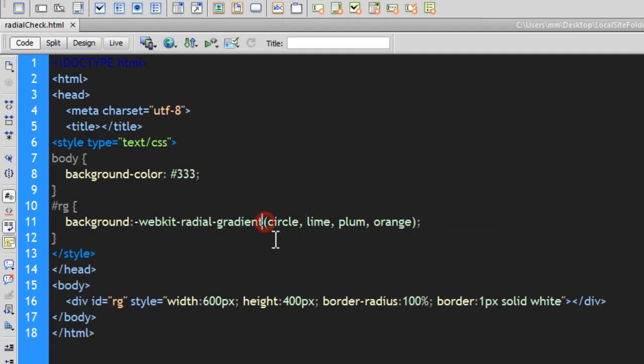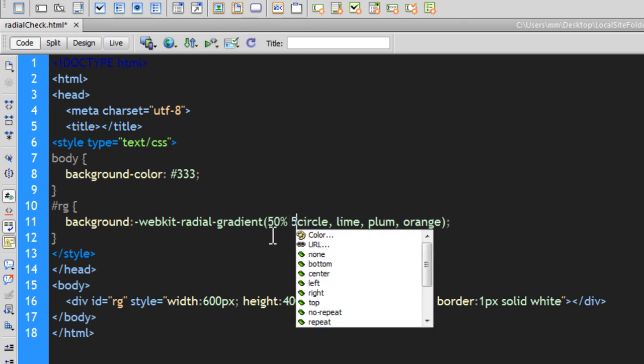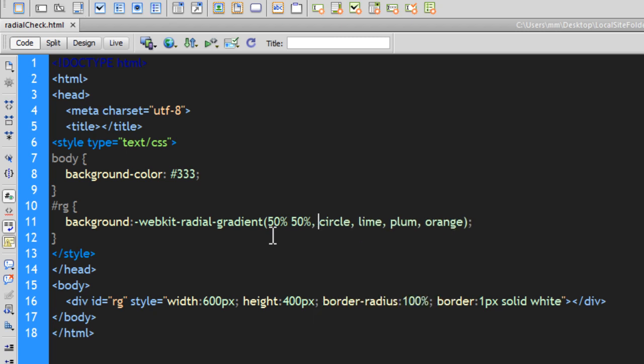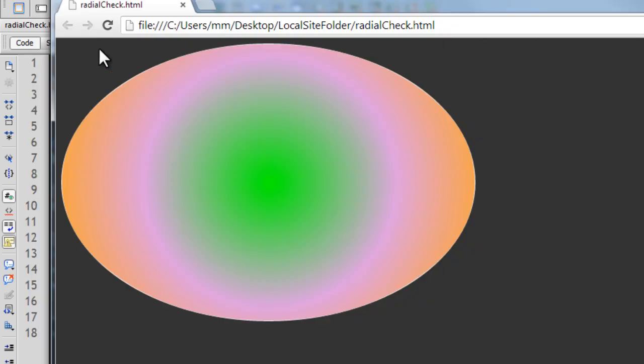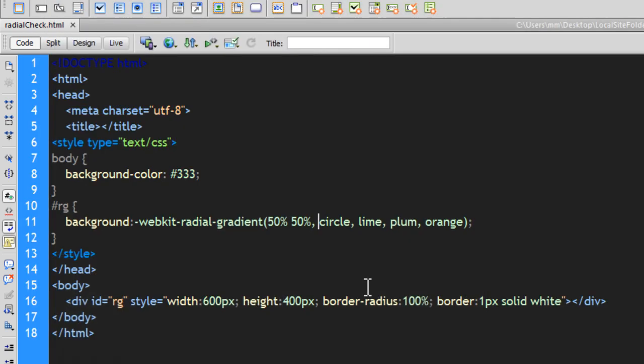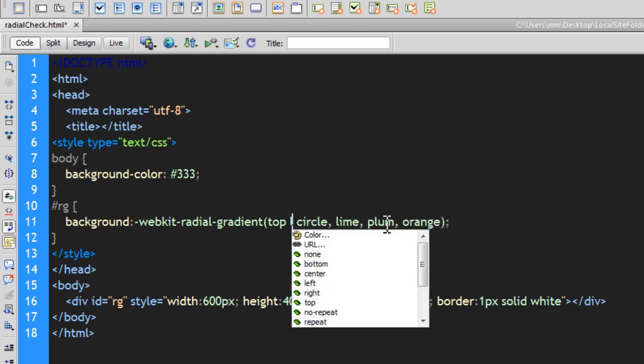Now, as I said, by default, all your radial gradients start from the center of the object. So basically 50% x-axis, 50% y-axis, and that wouldn't make a change if I refresh now. There's no change, simply because it was starting in the very center. But you can have it start from a different point. The first argument is the position, the second is the shape, then we have the colors, and the colors may or may not include the color stops. So if I say something like top left,